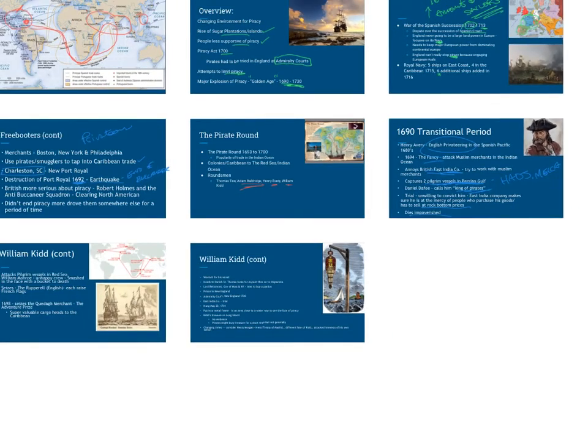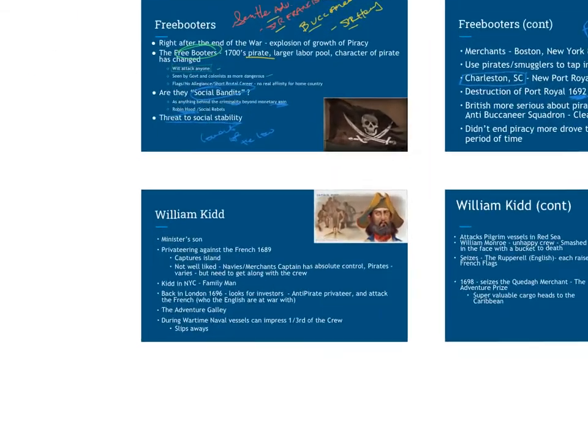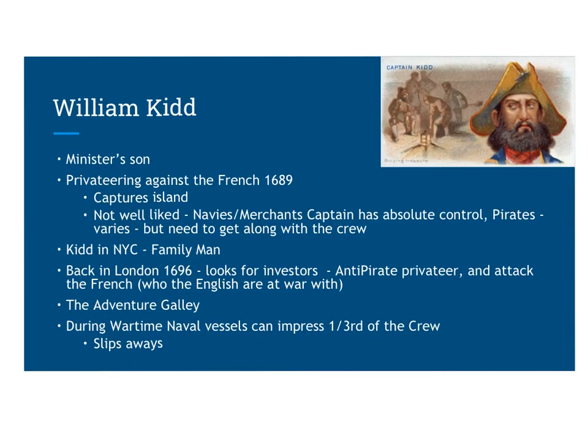So, William Kidd. Kidd is a great example or history here of a freebooter. So it says minister's son. There might be some legitimate history that he's Scottish, from Dundee more than likely, and his dad could have been a minister in the church, but we don't really know. There weren't any records for that time period, so it's really like an oral tradition that makes him a minister's